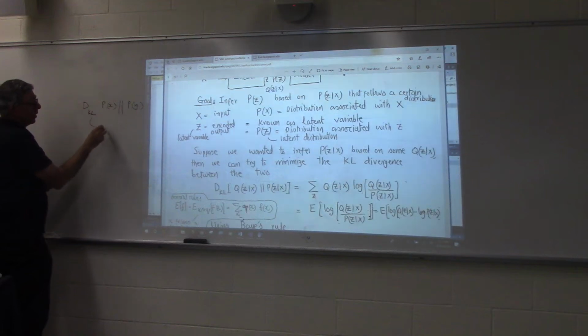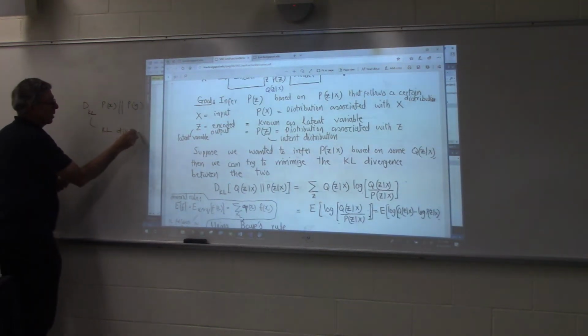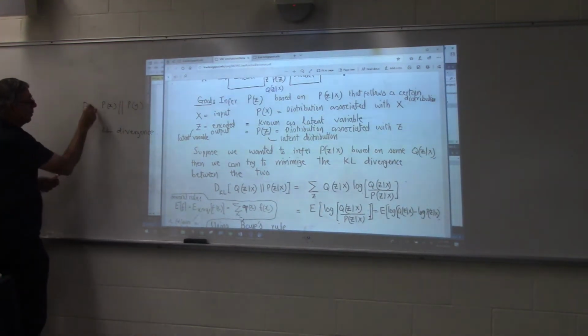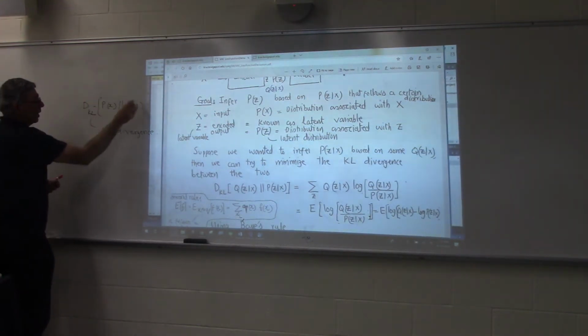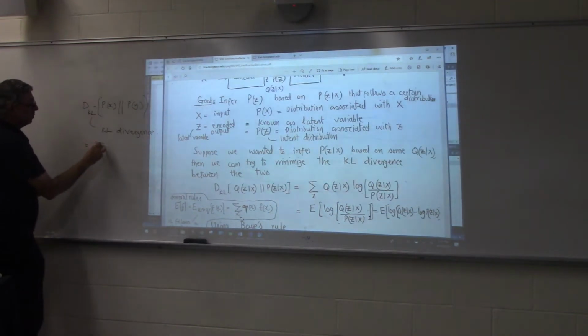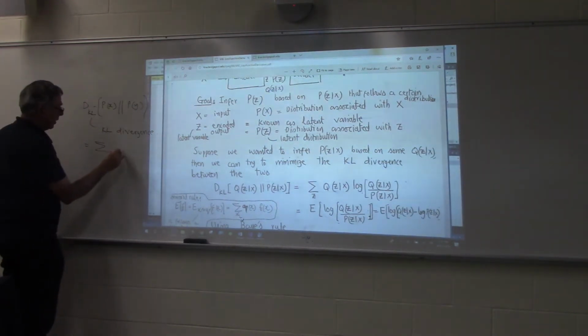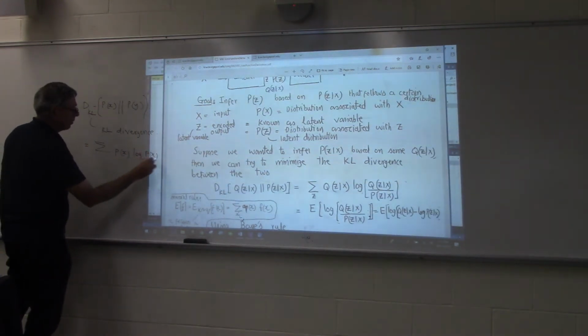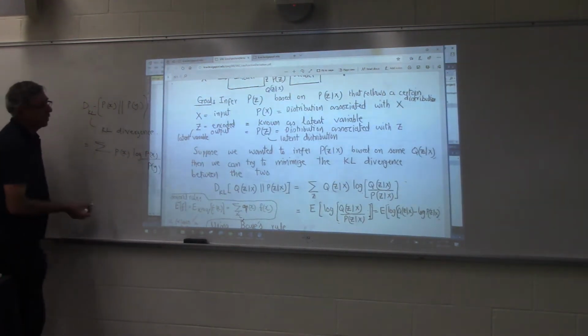The KL divergence, which has a simple formula. So D_KL of this is basically P of x log of P of x over P of y as an example, right? Okay,